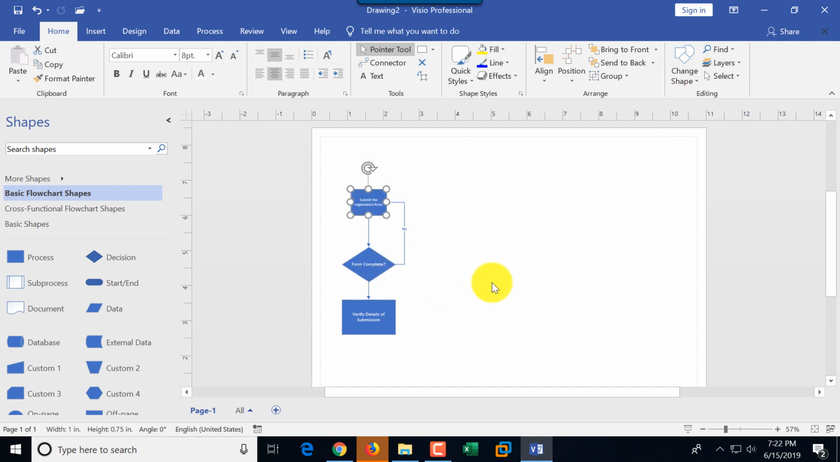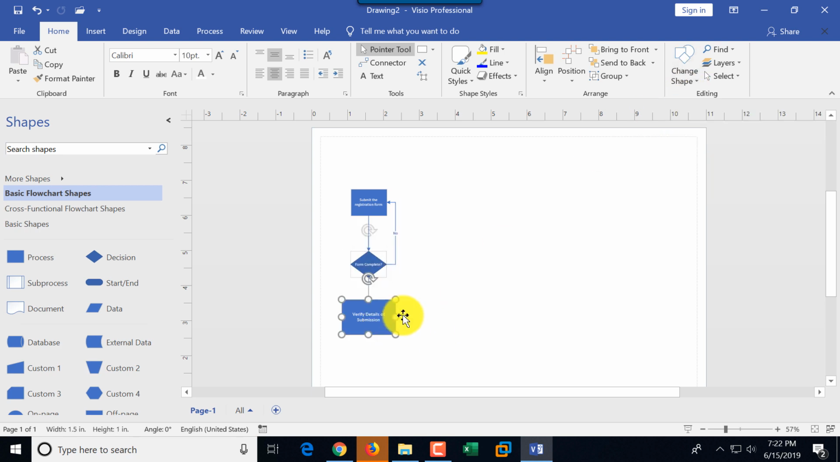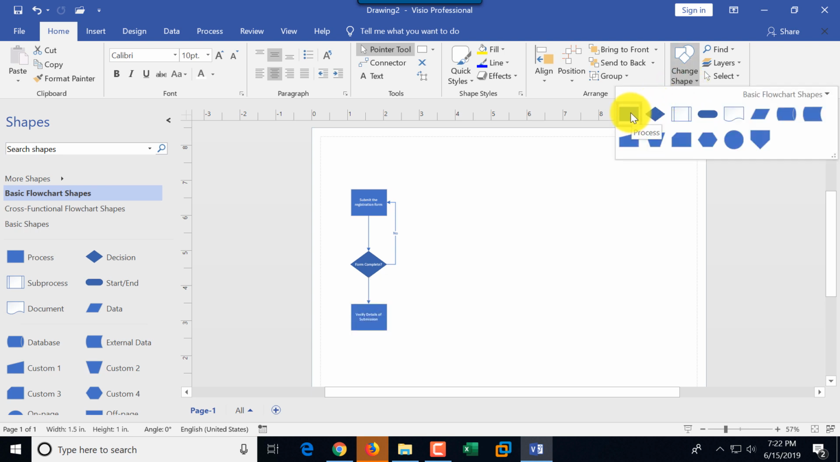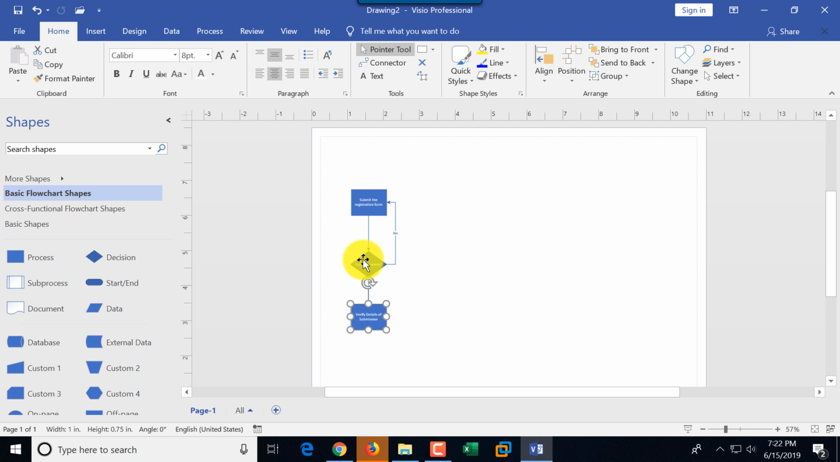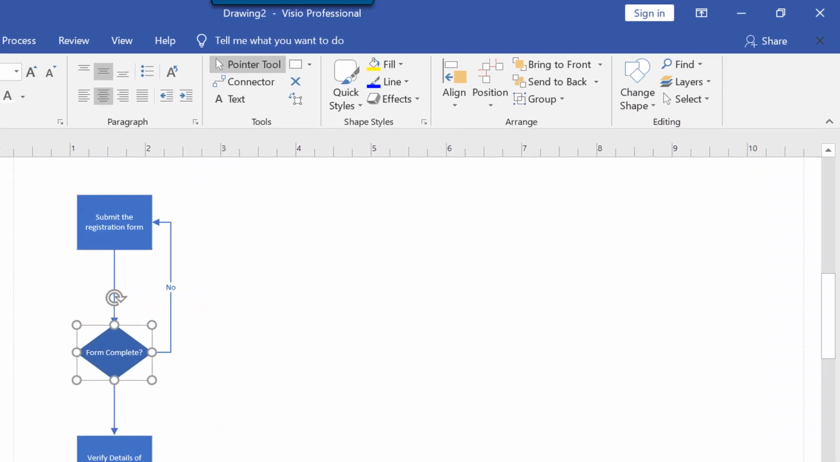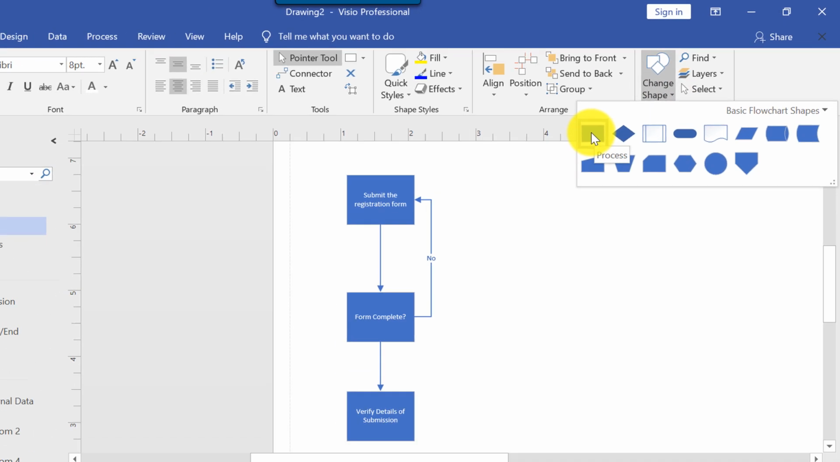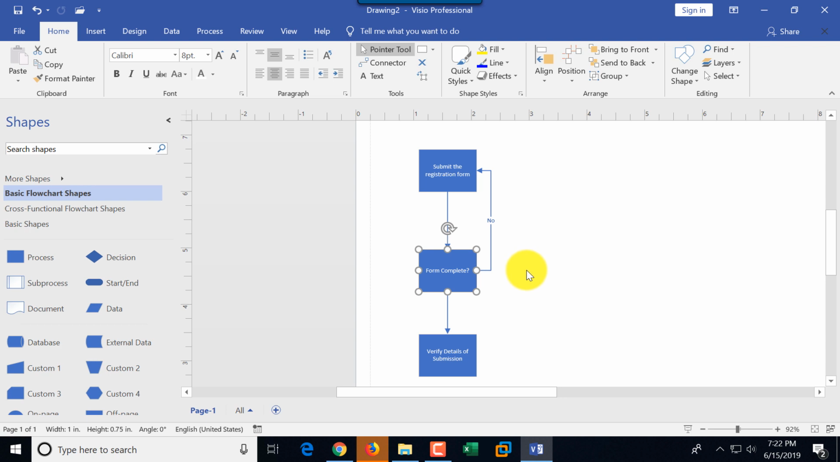Then we need to select diamond, and we can replace diamond with the decision. And here we can replace rectangle with the process shape. Right? Nothing stops us from replacing diamond, for example, with rectangle. Let me demonstrate this. So I selected diamond right now. Let me make it a little bit closer so you can see, and I can just change shape and replace it with rectangle. Right? So it would be process shape. But I'm not happy with the result. This is not what I